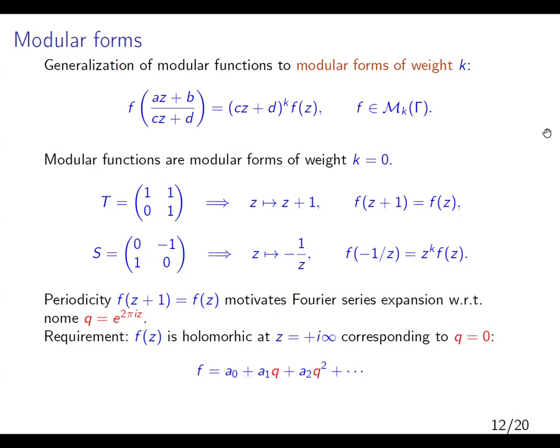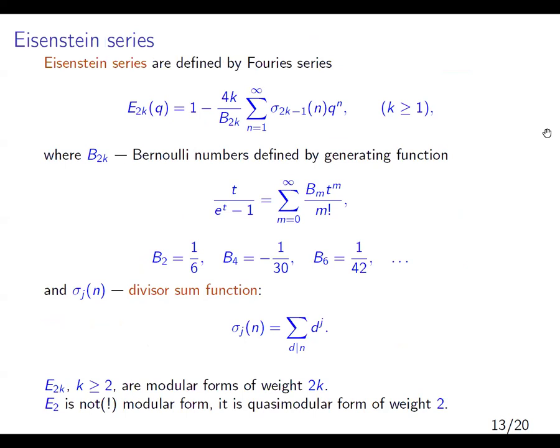Explicitly, the action in this case for these functions has the property of periodicity when we move by +1, and it motivates us to make a Fourier transform with respect to q, which is the so-called nome. If the modular form is holomorphic, we have such an expansion in this q. There are some examples, so-called Eisenstein series,